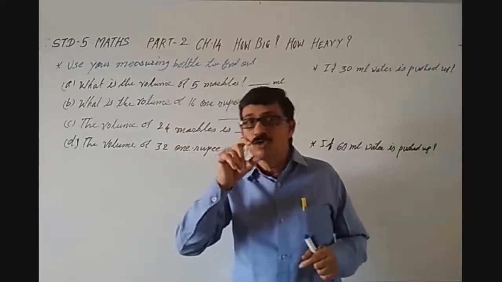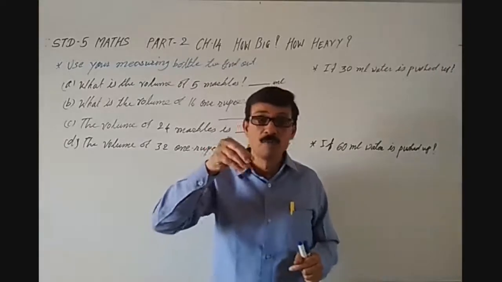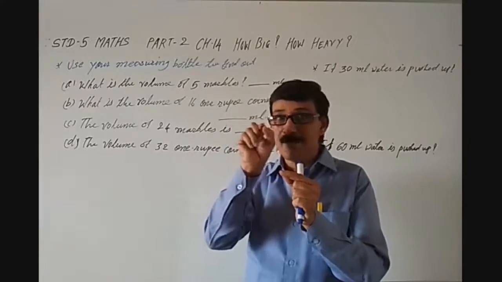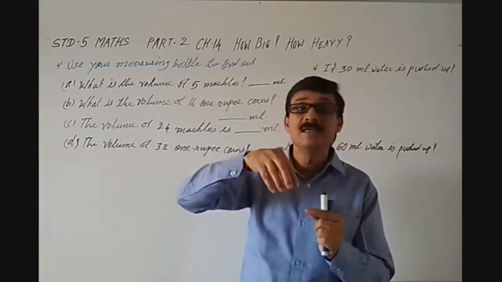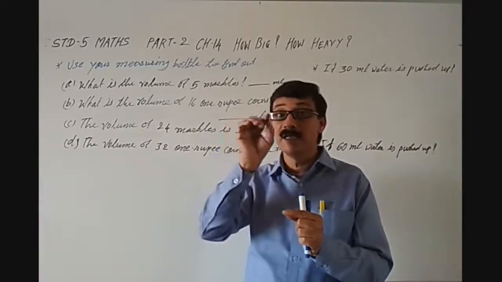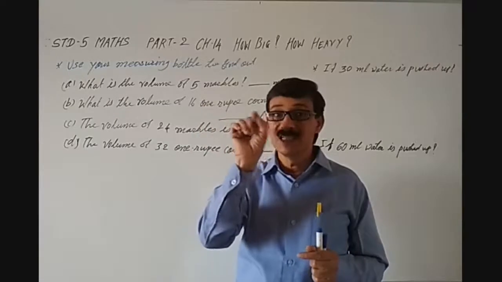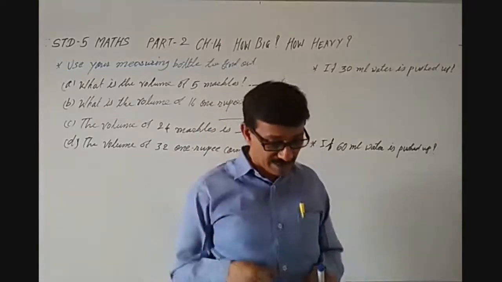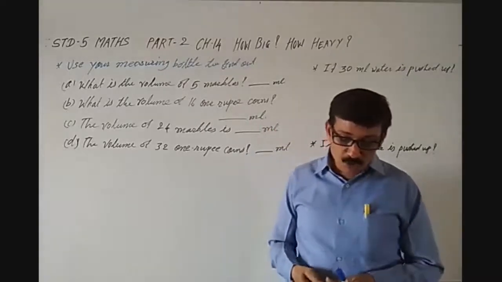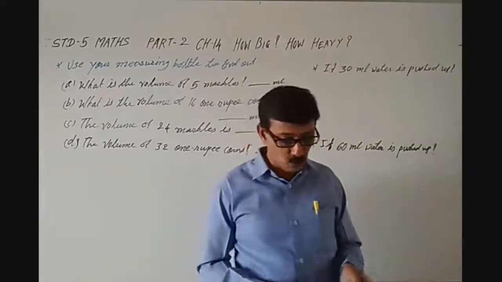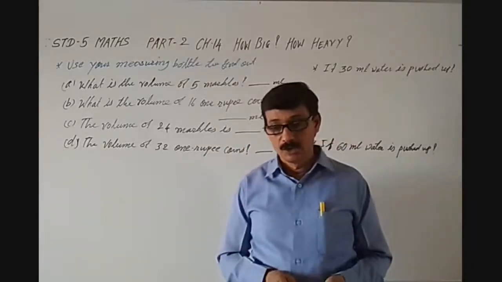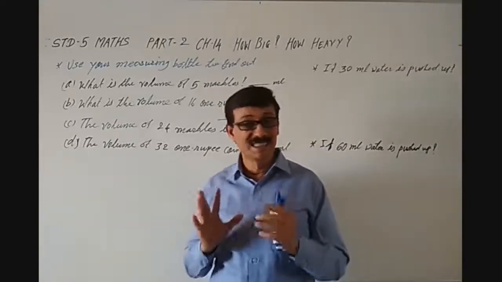In that way also you can measure. First of all put 9 coins, it will push 10 ml. Measure that, mark that. Once again put 9 coins. Once again it will push some water and it will be 10 ml only. So once again put the 20 ml mark over there. Like that also you can prepare your measuring instrument. So you can also use 9 5 rupee coins to make your measuring bottle. Now go ahead and prepare your measuring bottle.